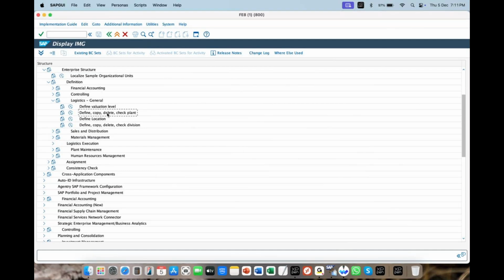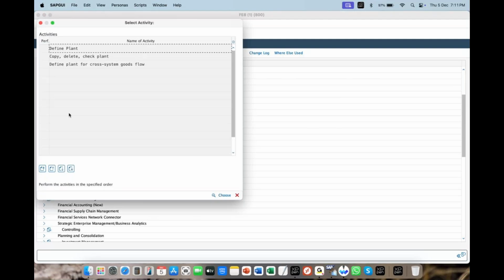So why we make the plant? Because of the interactive bridging of the relation among the modules leads to the sales module. Because SD is the final phase of the company. So when you want every organ of the body to be functional, it need to be get connected internally. Okay. So define plant. That is the purpose why we define the plant.